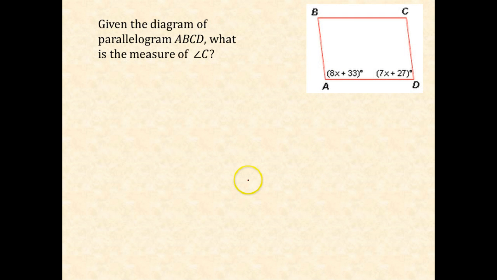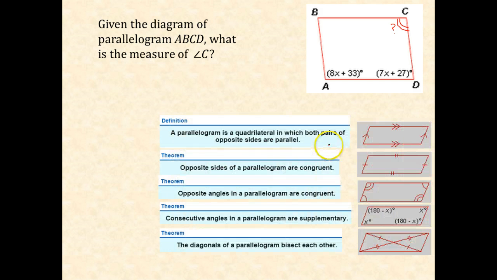Given the diagram of parallelogram ABCD, what is the measure of angle C? So I need to find out what's the measure of angle C. Well, according to all these theorems, I know a couple of things. I know that the measure of angle C is going to be equal to the measure of angle A. So I'm going to write that down real quick. Measure of angle C is equal to the measure of angle A, and that is using this theorem, that opposite